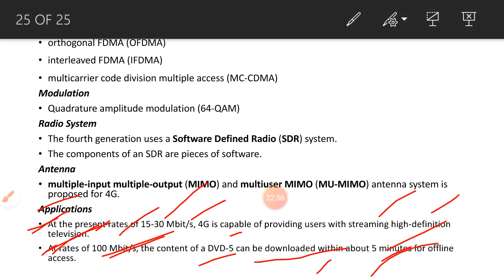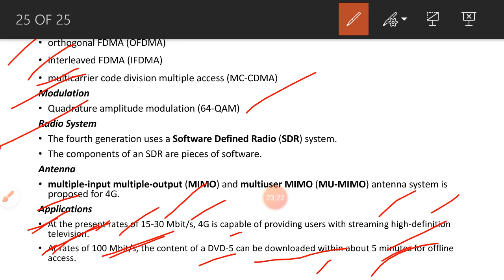First, the access schemes. Three access schemes are there: orthogonal FDMA, interleaved frequency division multiple access, and multi-carrier code division multiple access. Next, we discussed the type of modulation in 4G, that is quadrature amplitude modulation, a combination of phase shift keying and amplitude shift keying.